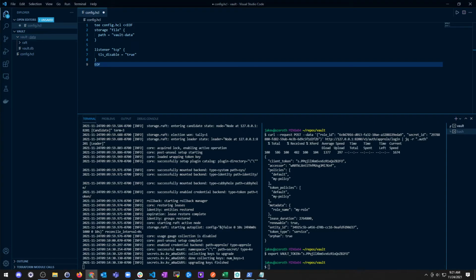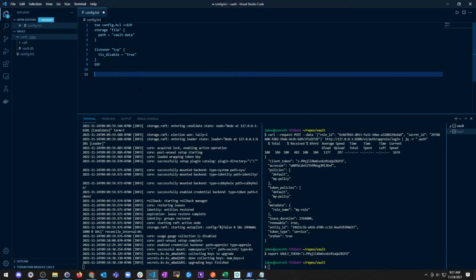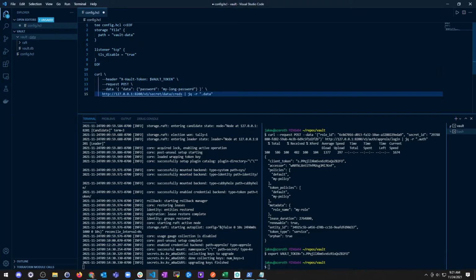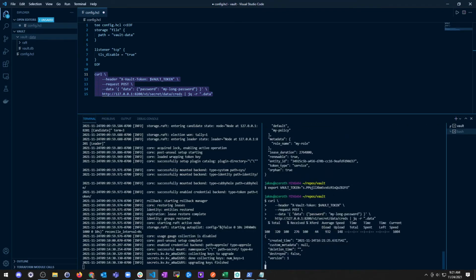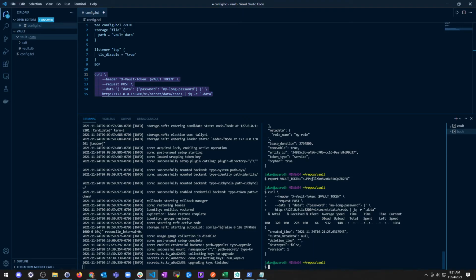So I'm going to copy and paste some stuff here. Boom. So we're going to get the header vault token, do a post request, and the data password will just be my long password, and then we'll pass that along to our endpoint. And there we go. We now have a version 1, destroyed as false. Sweet. So we can stop the server, unset the vault token environment variables, but you can see how using the API,